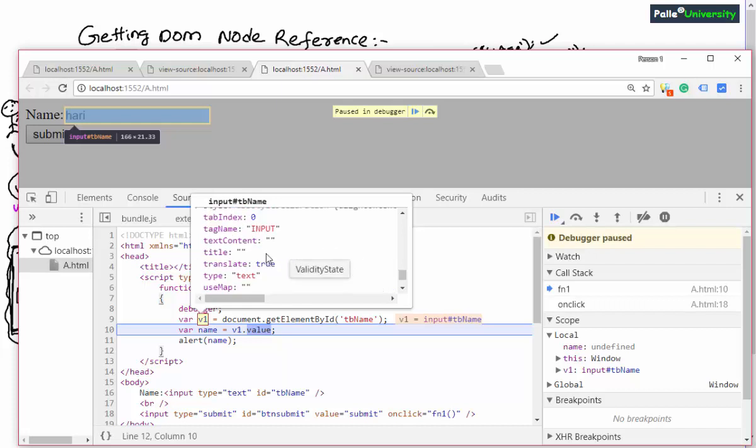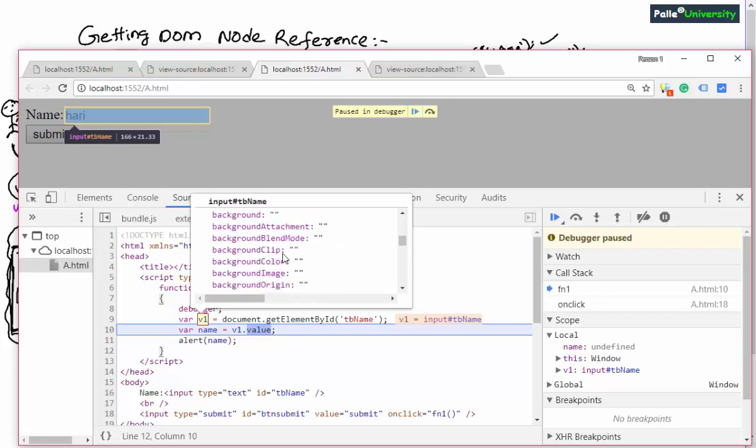Now let me ask you a few more questions also. The question is, why is this style property having a triangle over here? The reason is simple. This style property has sub properties. Okay, you observe. When you click on the triangle, you can see the expanded mode. In case I want to change the animation value, guess how will you write the code? Very simple. You must write v1.style.animation equals some value.